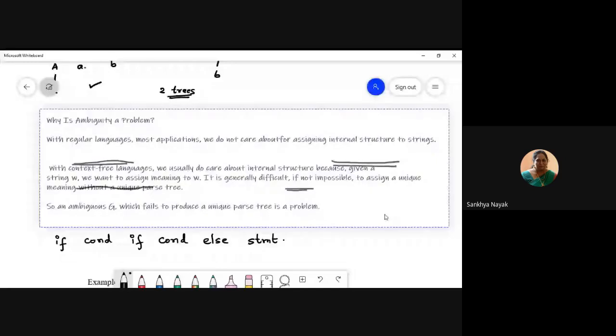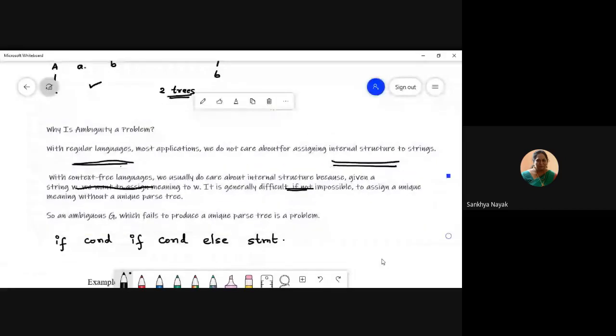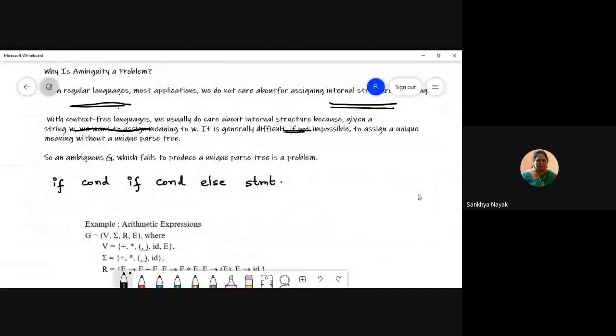So by just looking at this, it could be if condition, within this it can be if condition, statement, else statement, right? It can be like this,